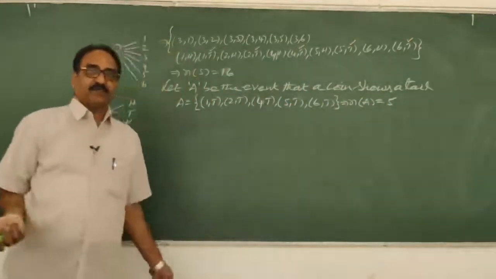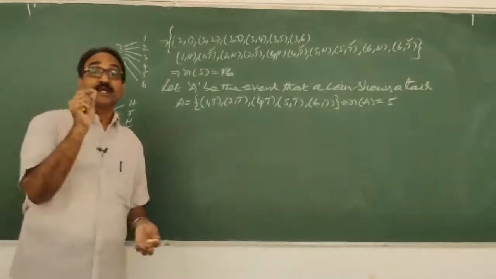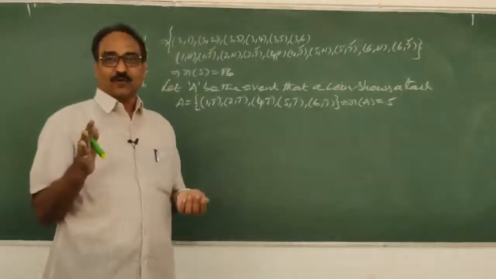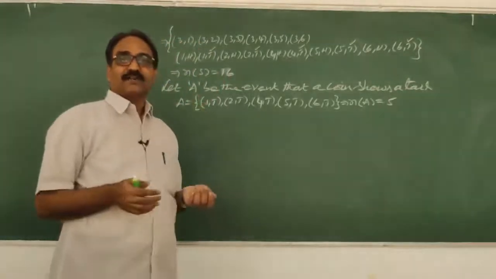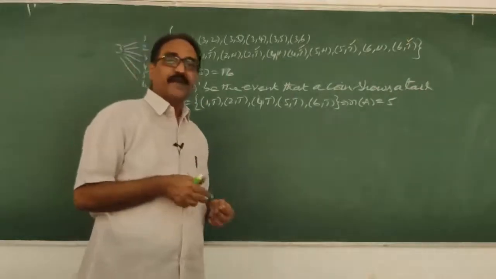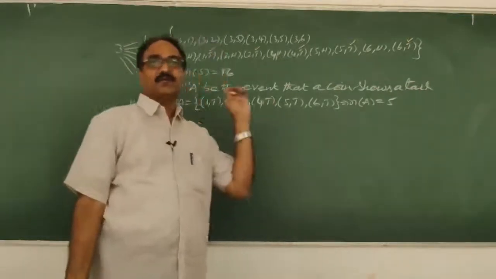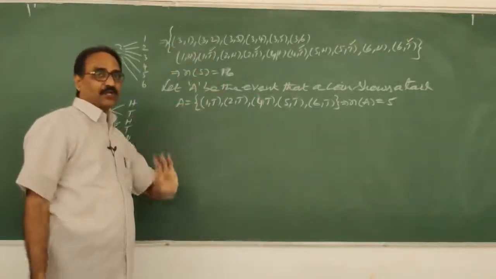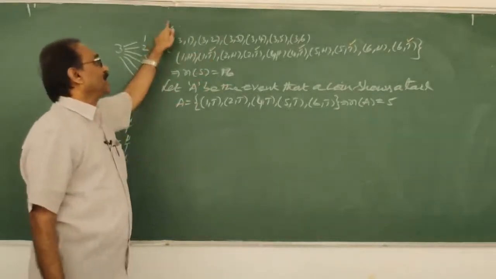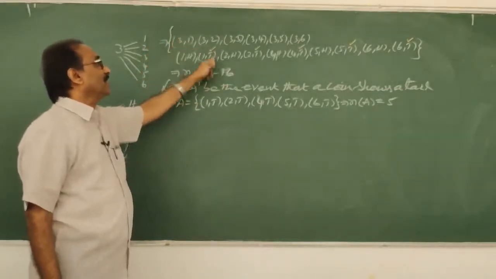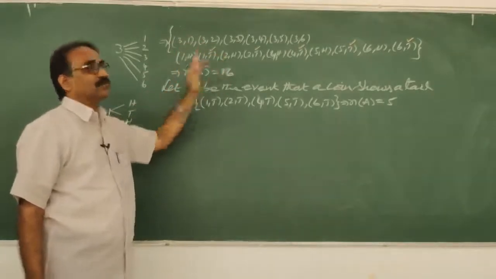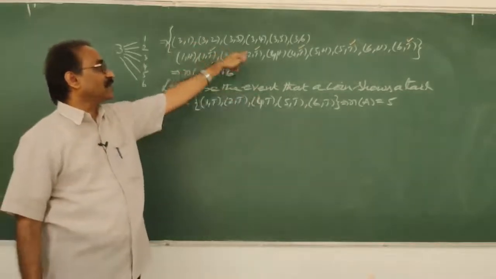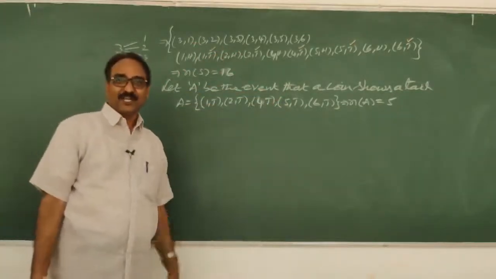My dear students, the number working is very important in probability. If you simply write n of A is equal to 5, it won't work out. That is the reason why I am doing each and every problem like this, so that you will come to know how to write. Then I can do the direct problems. The way, the pattern in which I am writing, like that only you should write. As per the data, the number of sample points, n of S is equal to 16. Let A be the event that a coin shows a tail. What are the chances from the given sample points? That you write. It is easy, so you need not think about it.